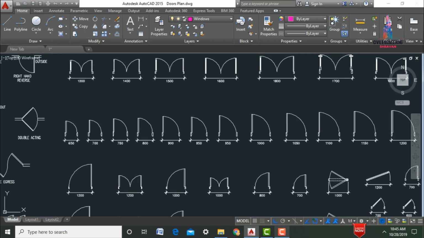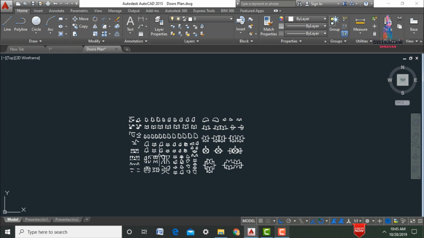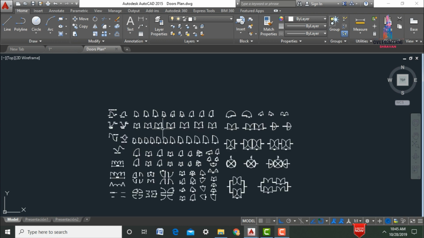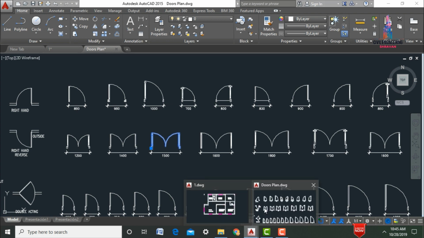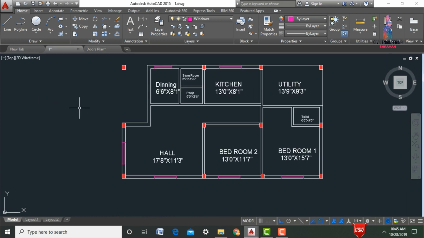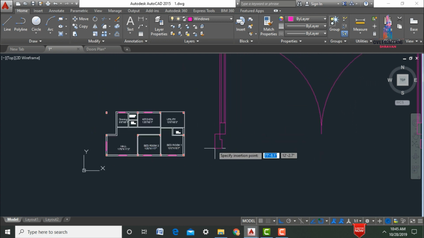It consists of n number of blocks like this, some blocks for these door sections. From these sections, I am selecting this block. Select this block here, and click on the copy option. Initially I will paste this plan block into the original plan here. Click Control V. It will copy the block into this AutoCAD software like this.